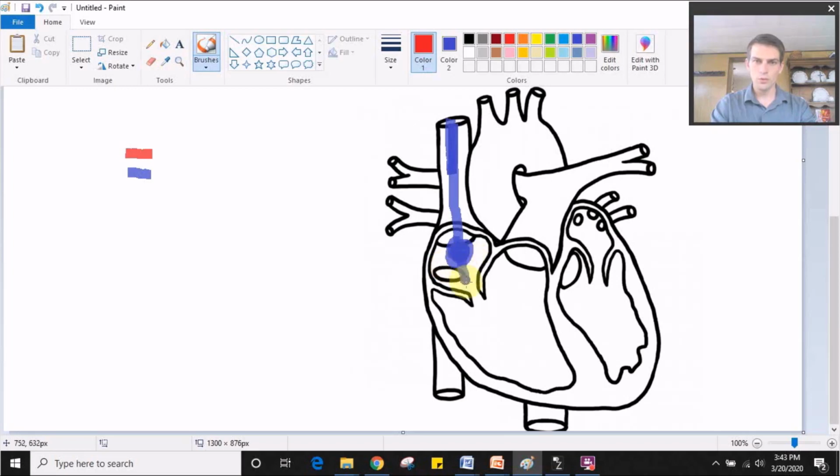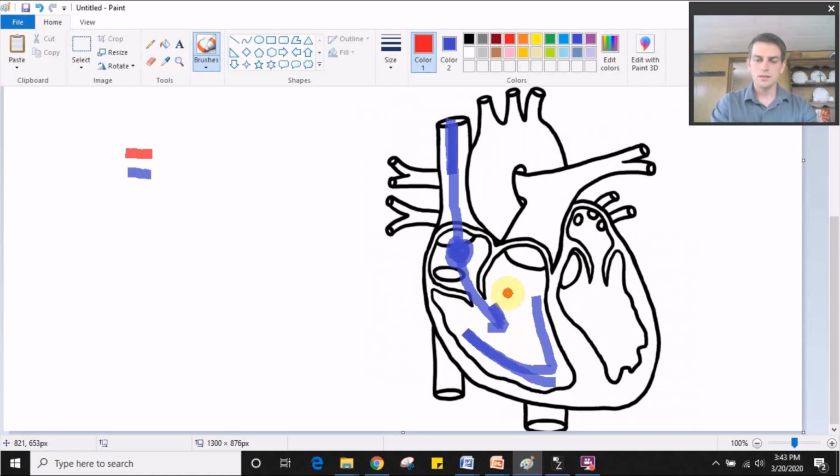From there, it'll flow through this valve into the right ventricle. And this whole space right in here is the right ventricle. So it comes in here. And then the ventricle is actually the pump. So your heart is a very muscular organ. Remember, one of the 3 types of muscle tissue we talked about was cardiac muscle, and that is the muscle that is found in the heart. So the walls of these ventricles here are very muscular, and they will squeeze together, and that'll pump the blood out. Kind of like if you're ever in a pool and you squeeze your hands together and you pump the water out. It works very similarly.